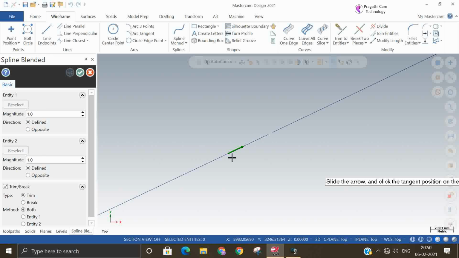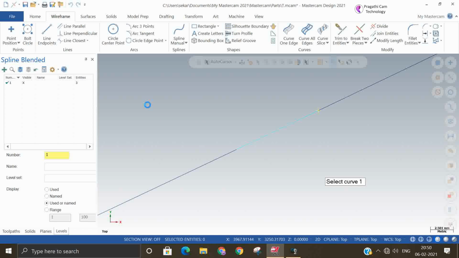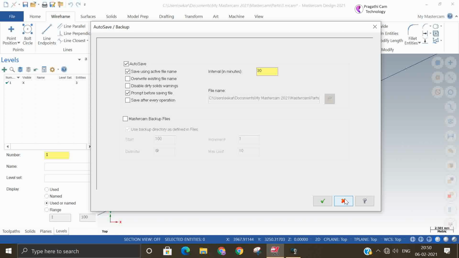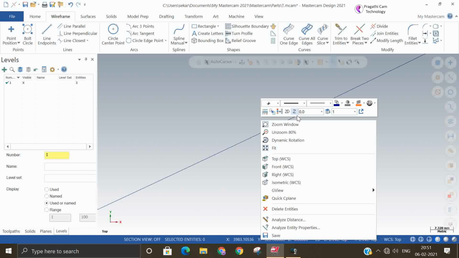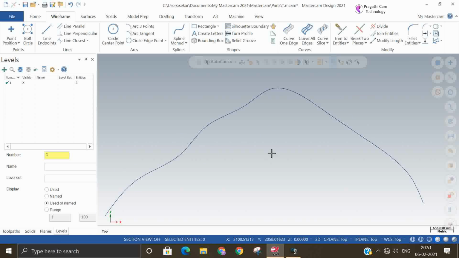This arrow shows from where you want to blend. Now you can see that it trimmed both the first curve and the second curve, and in between it has made one curve. That curve matches with both curves. Now you can see, fit to screen, and now analyze chain.